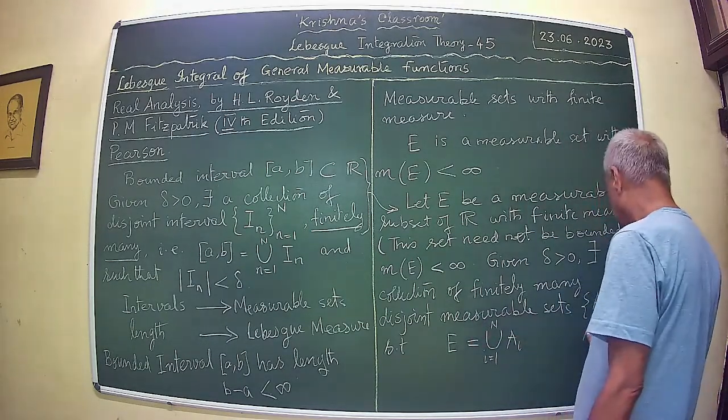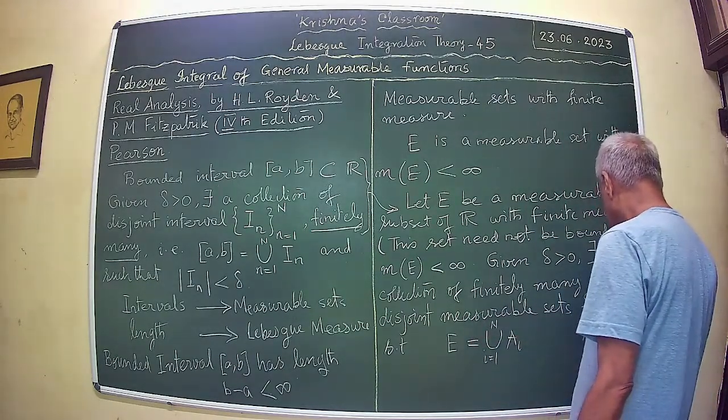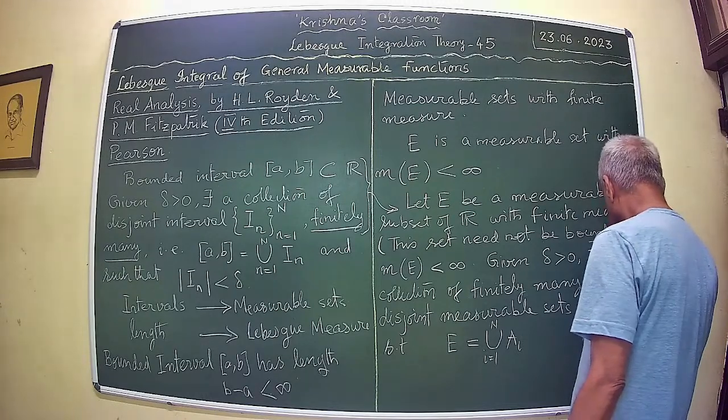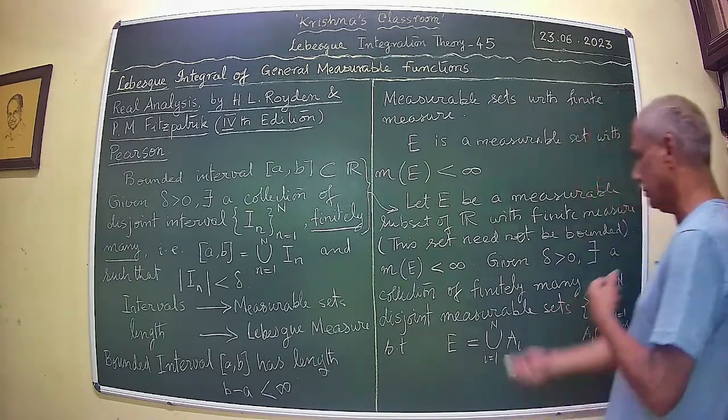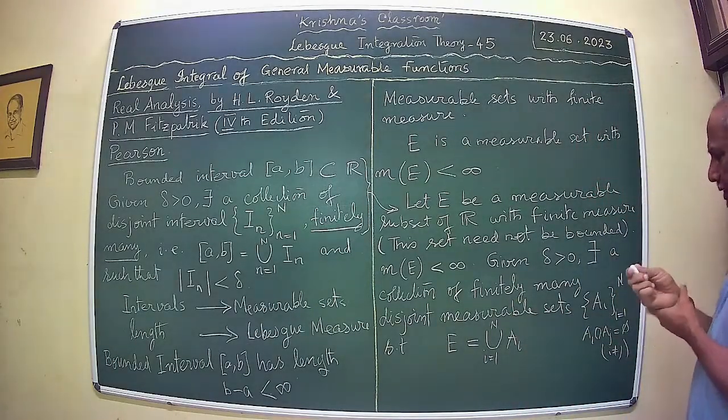So we have A_i intersection A_j is empty whenever i is different from j. This condition we have. E is given by this, and